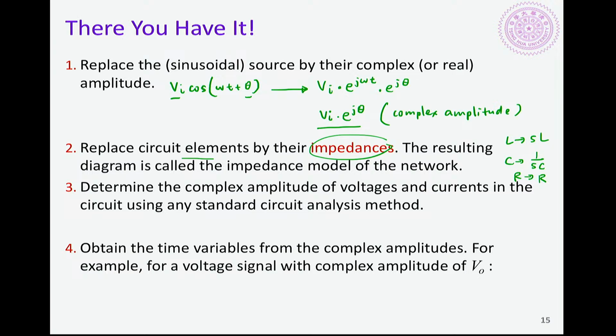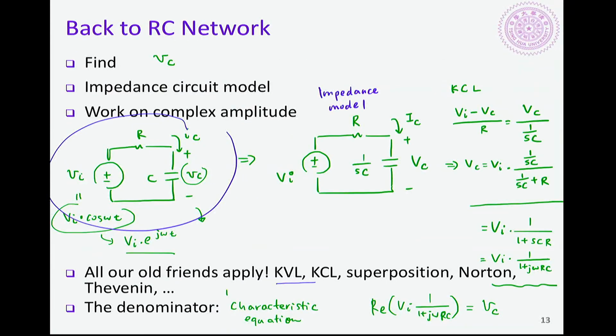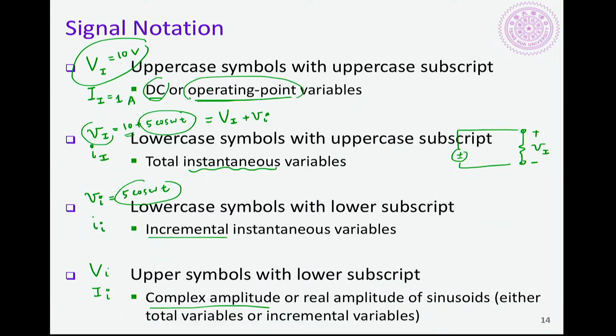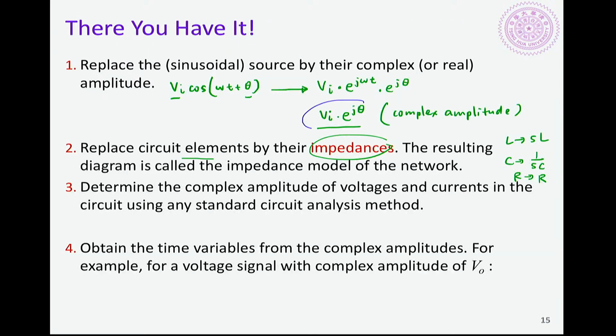Okay, and then from that, determine the complex amplitude of the voltage and current in the circuit using any standard circuit analysis method. So you can now apply all the analysis methods we learned in lecture 2 and lecture 3. 所以前面所学的所有 superposition, node analysis, mesh analysis, Norton, Thevenin's，只要我们的电路是线性的，前面学的你全部都可以用。那你用的时候呢，你就需要用 complex amplitude 来做计算。好，and then find，然后最后呢，我们会得到一个 complex amplitude，找它的实部。